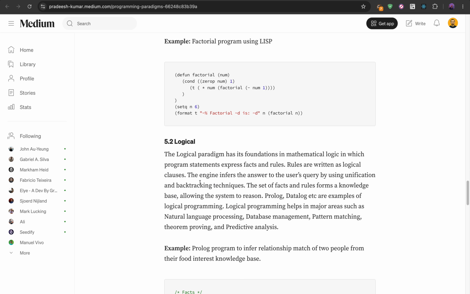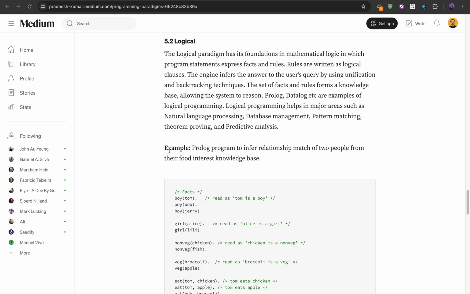What is the logical paradigm? The logical paradigm has its foundations in mathematical logic, in which the program statements express facts and rules. The rules are written as logic clauses so that the engine infers the answer to the user's query by using unification and backtracking techniques. So for example,